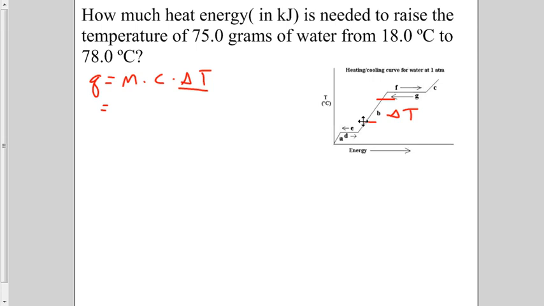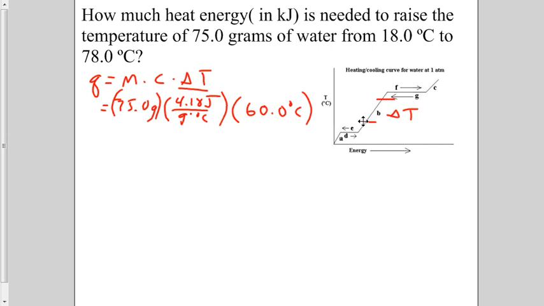And plugging in the numbers, we have 75.0 grams. And we're asked to do this in kilojoules, so we're going to use the specific heat in joules. There's 4.18 joules for every gram times degrees Celsius. The change in temperature going from 18 to 78, that's going to be a difference of 60.0 degrees Celsius. Grams will cancel with grams, degrees Celsius will cancel with degrees Celsius. That'll give us our answer in joules. This comes out to